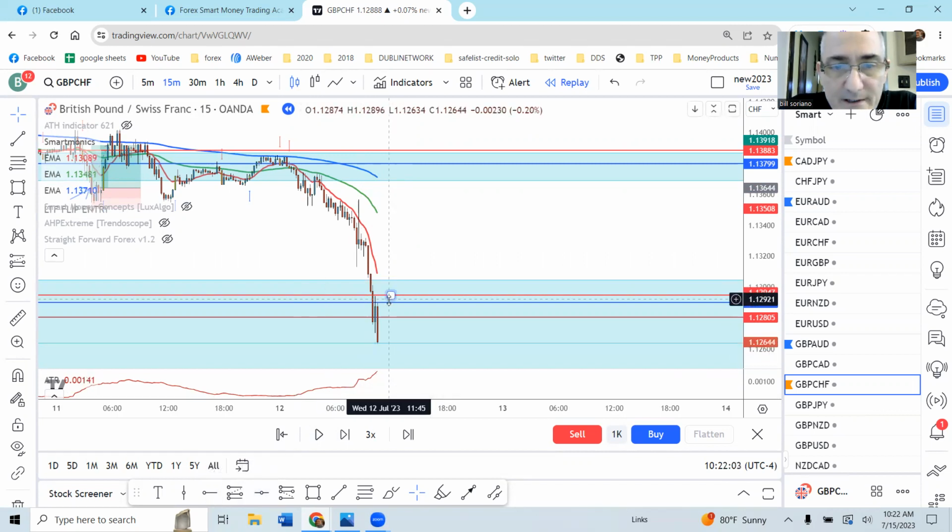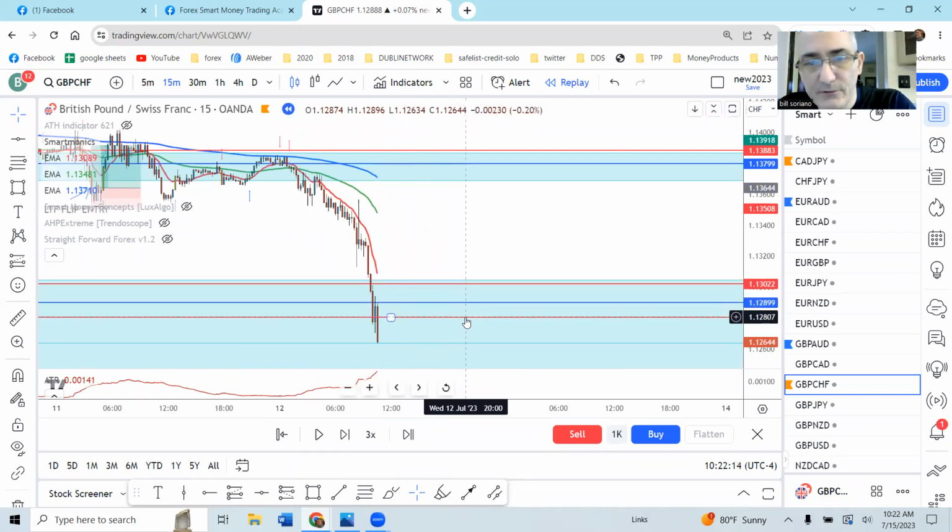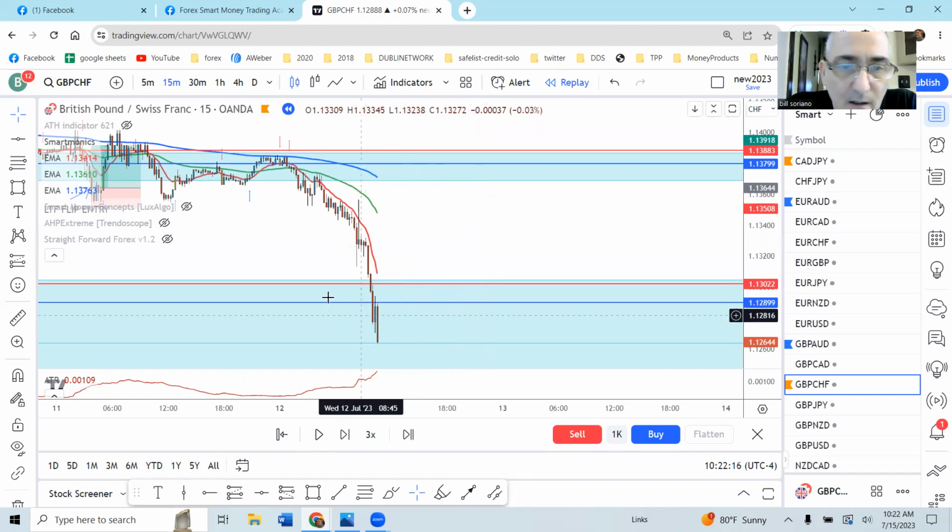So probably at this point here, we would want to set that right above this wick here. Okay, so we have a couple red lines here, so it's getting a little confusing. Let's just get rid of these. Okay, now